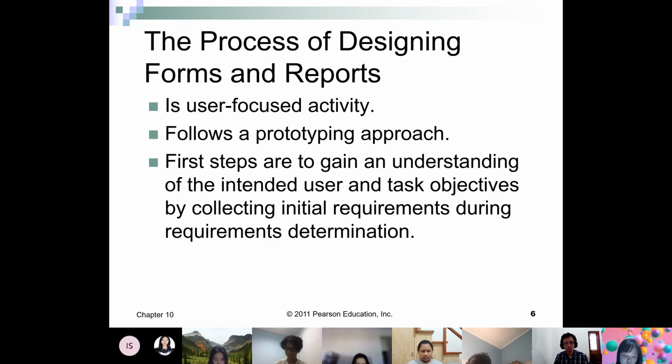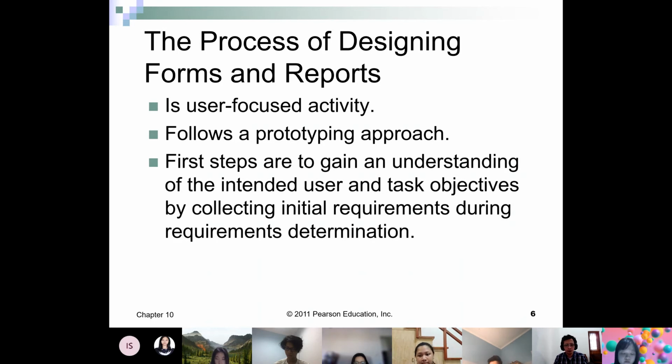Okay, so the process for designing forms and reports is a user-focused activity, because the users will be the ones using those forms and reports. So we need their feedback. We need to get the users' perspective on how the form and report should be.